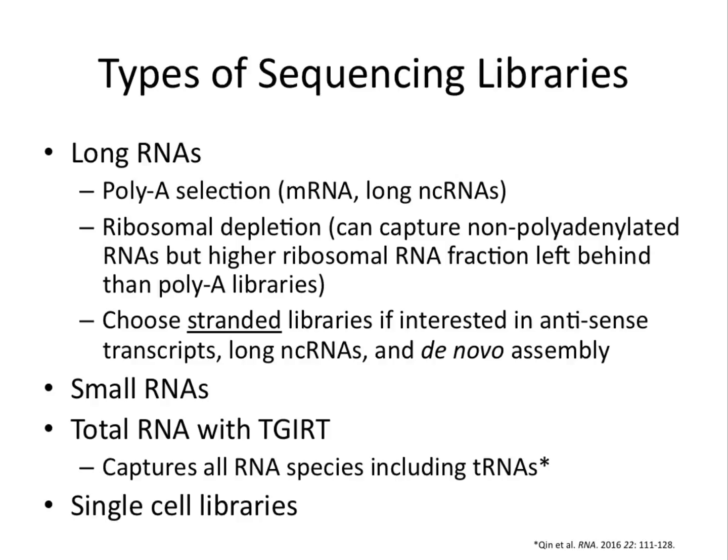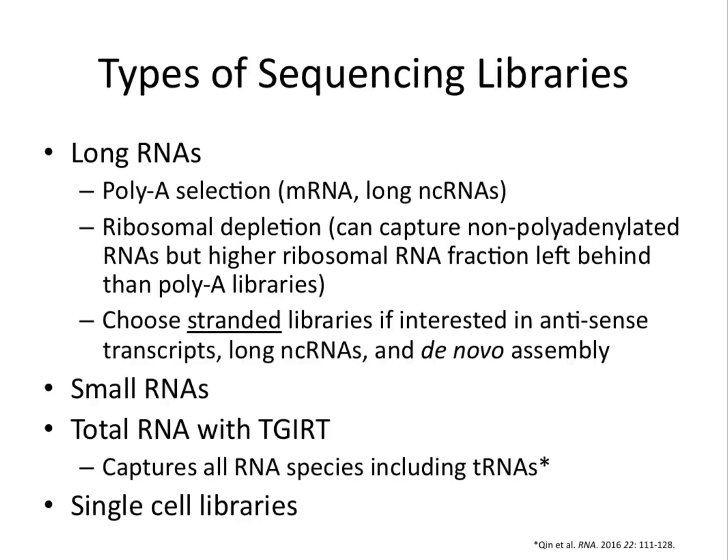If you choose to pursue a ribosomal depletion method, you'll need to ensure adequate DNase treatment of your RNA and be prepared to have a slightly higher ribosomal RNA fraction in your reads. The advantage of using ribosomal depletion is that you'll capture antisense transcripts that often are not polyadenylated, as well as other non-coding species such as backspliced circular RNAs. Both poly-A and ribosomal depleted libraries must be stranded if you want to do analyses beyond protein coding differential expression analysis.